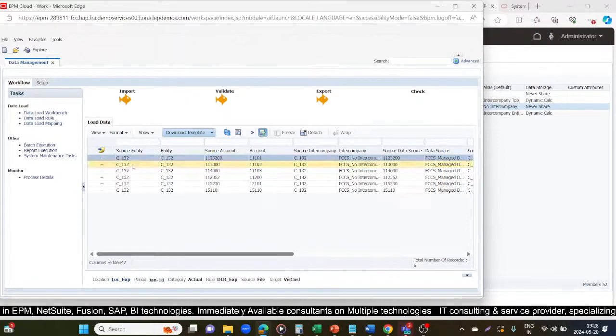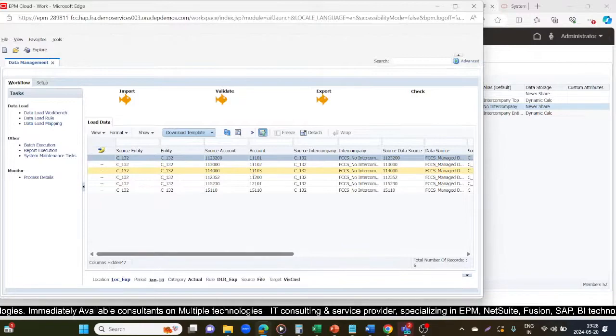Now if you check in the workbench, this was my source entity and this is my target entity. So here I have done like mapping. That's why whatever is there in my source, it gets mapped to the entity target. Similarly for account, I have done the explicit mapping for the starting 5 accounts, that is this is the account and target is 11101, 113000 gets mapped to 11102,